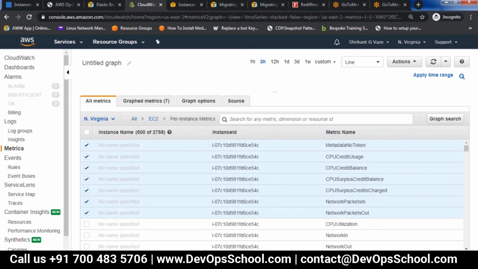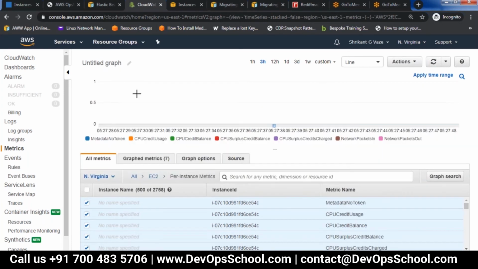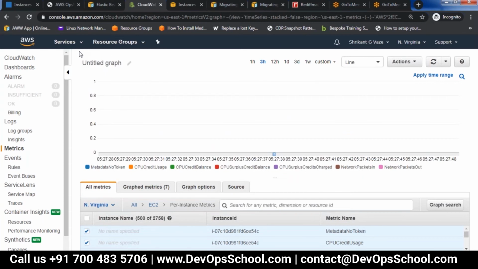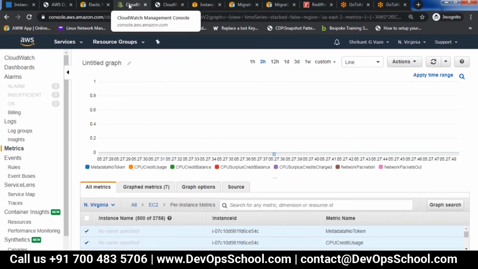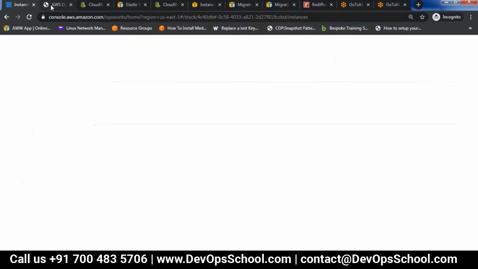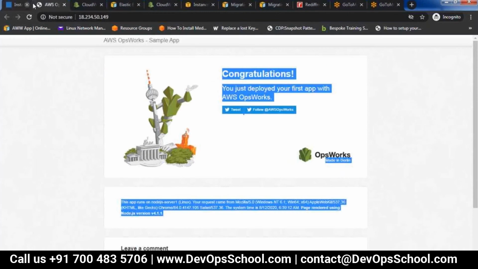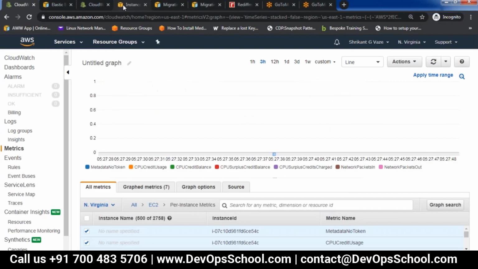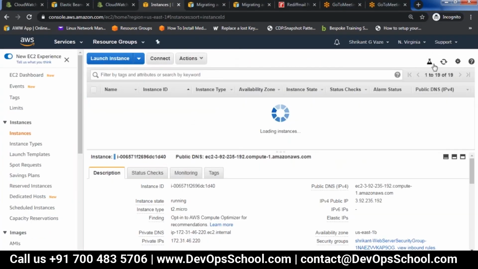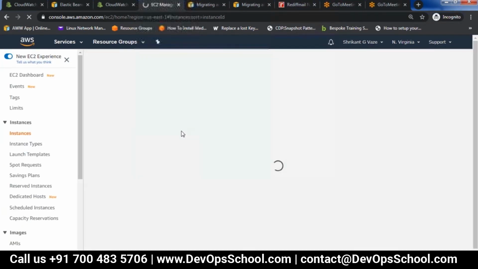So currently this is for an old instance, but let me check for a new instance that I created. Let me grab the instance ID from here so that we'll be able to see certain metrics.